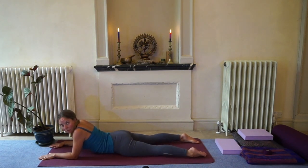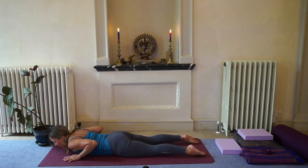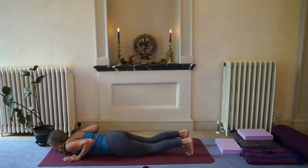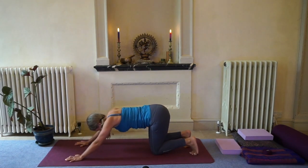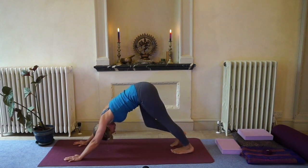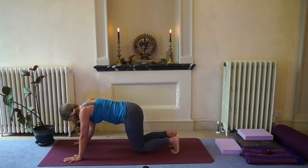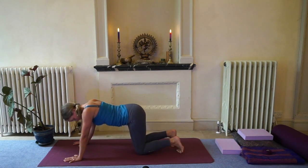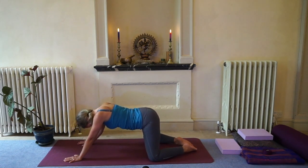we'll just go from side to side. It's just a nice little way of loosening up the lower back if we've been doing some little exercises there. Okay, so bringing the hands down back to near the shoulders, elbows in. Inhale, and then exhaling back into downward dog. Inhale, upward cat. And then we're going to bring the knees out to the side, the toes are touching, and